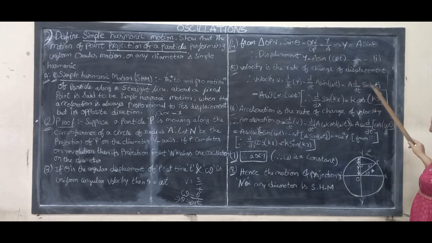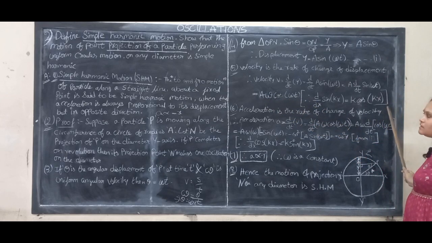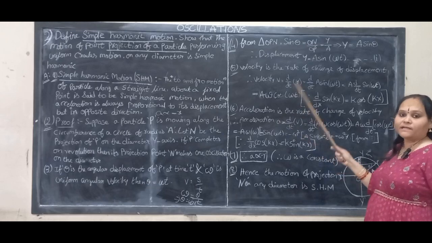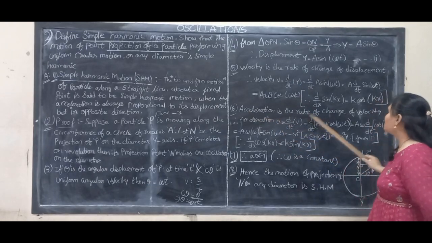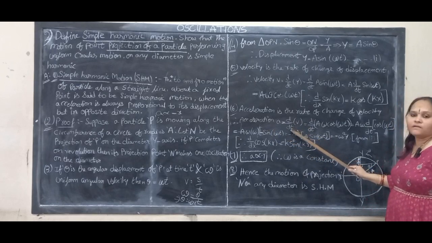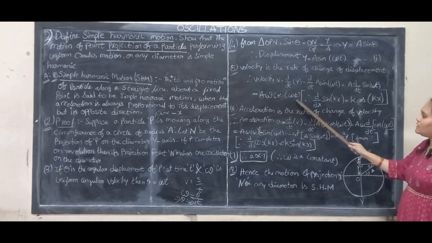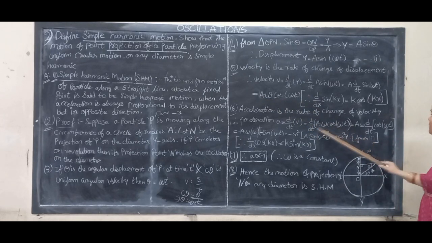a sin omega t కి డిఫరెన్షియేషన్ ఏంటి? cos omega t. So a omega cos omega t by using this formula. So velocity వచ్చింది. Now calculate acceleration. Acceleration is the rate of change of velocity. So a equal to dv by dt, d by dt of v. v ఎంత వచ్చింది మనకి ఇక్కడ? a omega cos omega t. Okay, a omega constant. a omega into d by dt of cos omega t.